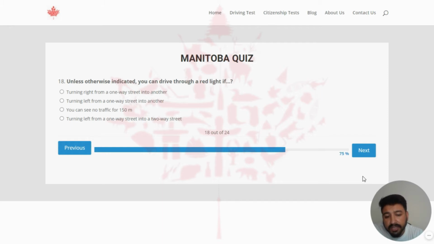Unless otherwise indicated, you can drive through a red light if. The right answer of this question is turning left from a one-way street into another. So I will click on the second one,